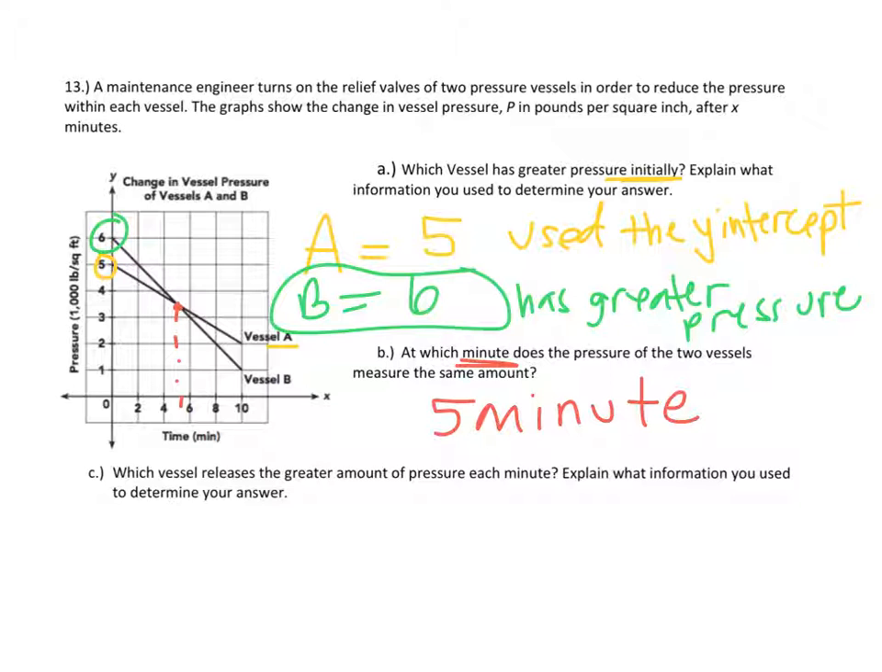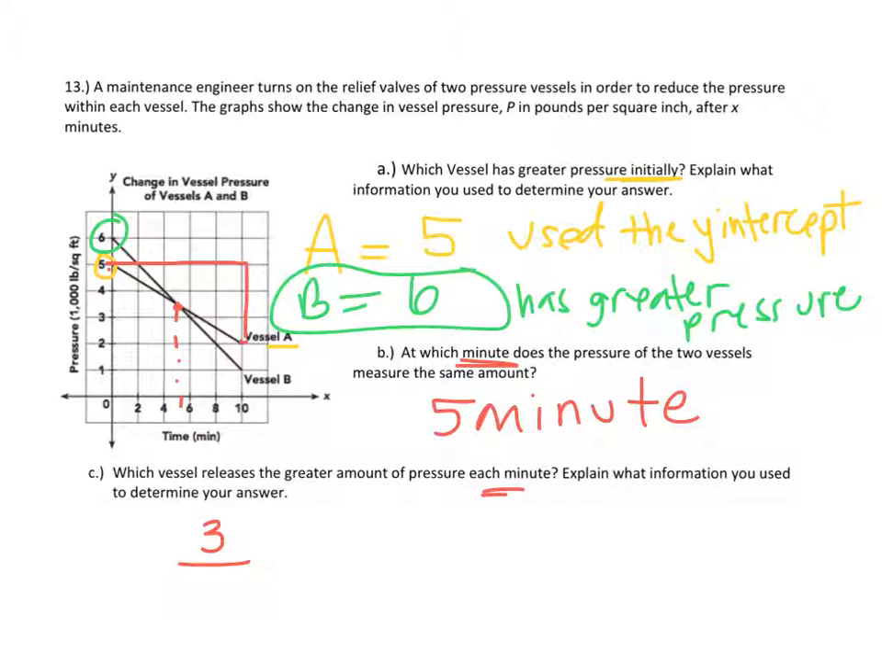Which vessel has the greater amount of pressure each minute? Explain what information you used. If we're looking for each minute, that would be the rate or the slope. So for vessel A, I'd have to do those lattice points. I would go maybe from here. I'm trying to find good lattice points. I might have to go all the way back up to here and make that right triangle. Okay, so that's going to rise 3